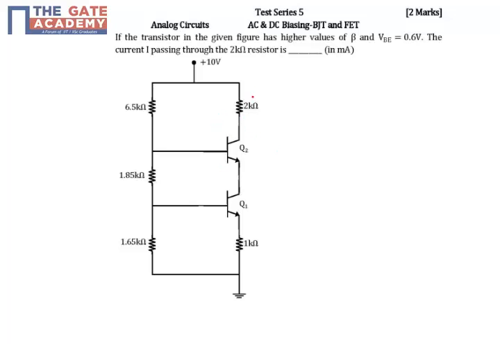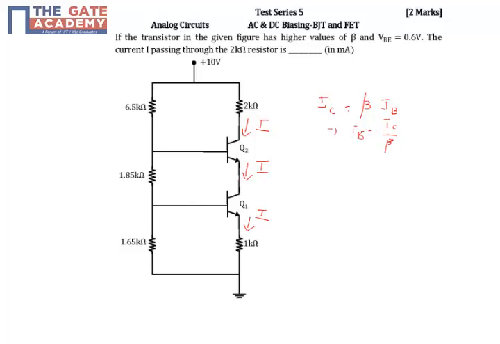So if they are on, whatever the current flowing here, the same current will flow here, the same current will flow here. So if I say this is I, this is also I, this is also I, because when compared to its collector current, the base current is very less, because the relation between collector current and base current is beta into IB, right? So this implies IB equals IC by beta.